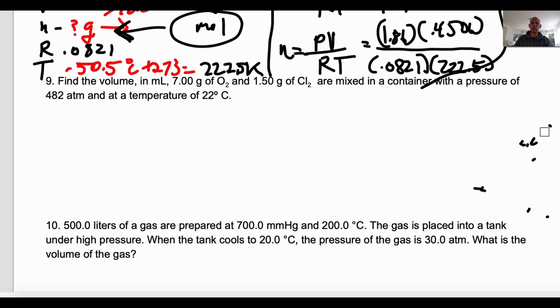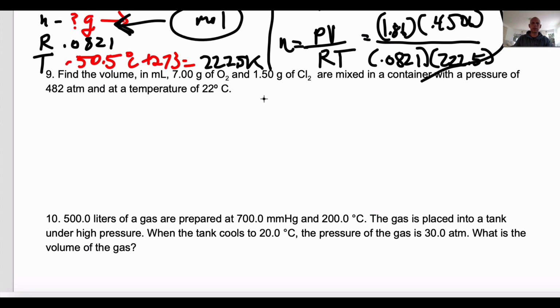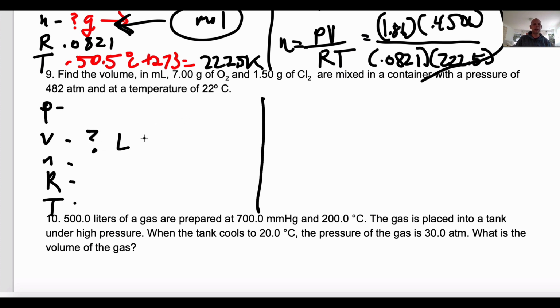All right, let's go ahead and do this problem. Let's do it the same way we've done everything else. We have P, V, N, R, T. Find the volume in milliliters, okay? So again, it's going to come out in liters, and then we're going to have to convert it to milliliters. So it's going to come out in liters, and then we're going to do a little conversion to milliliters at the end,